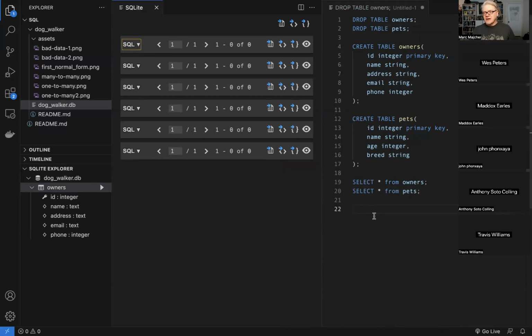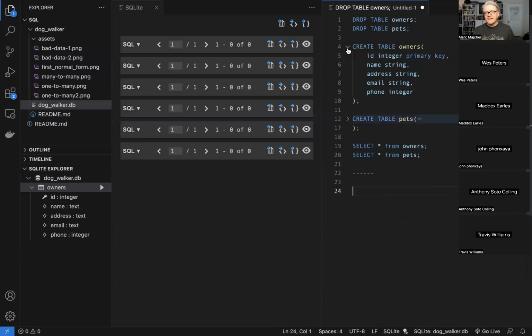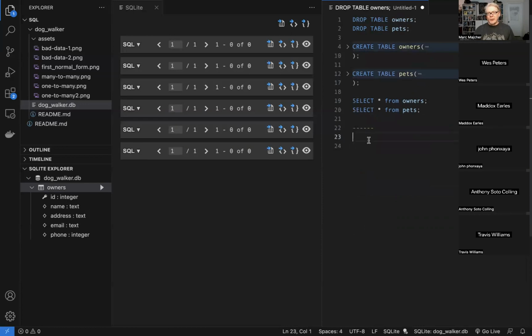Awesome. So let's talk about getting some data in here. Oh, dash is the comment there, so that's legit. Can I collapse these? Yes, I can. Sweet. So we've set up our tables. Now we already did our first action, our read action, which is a select.